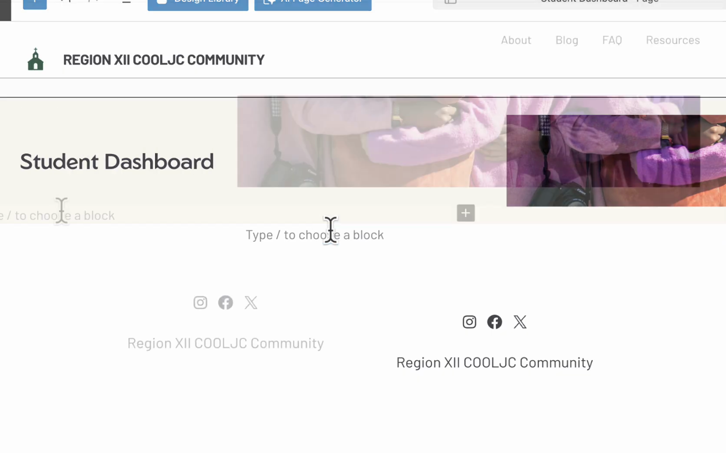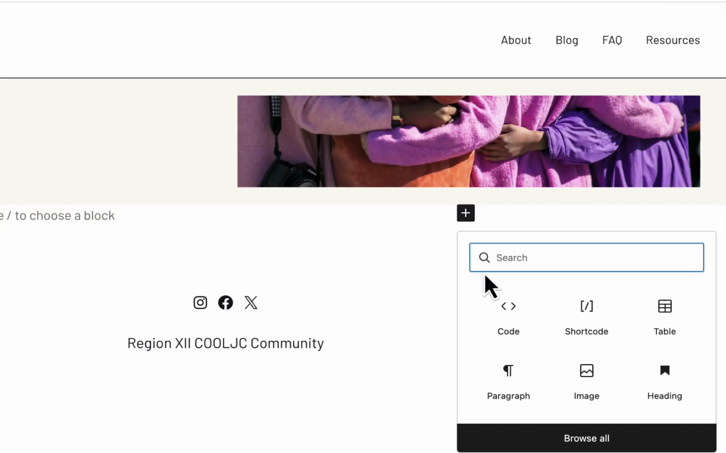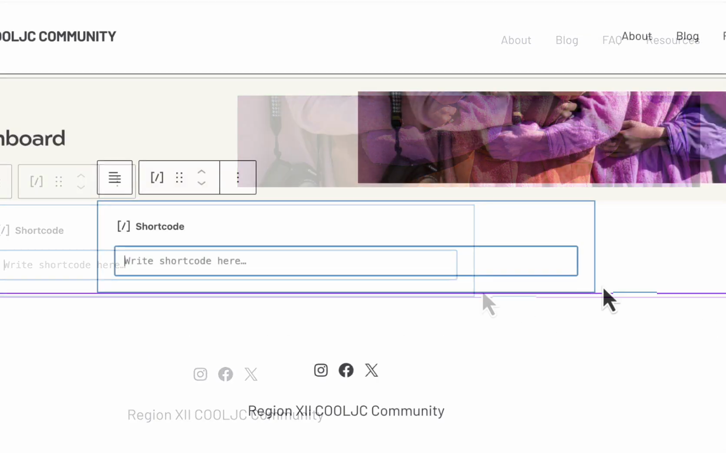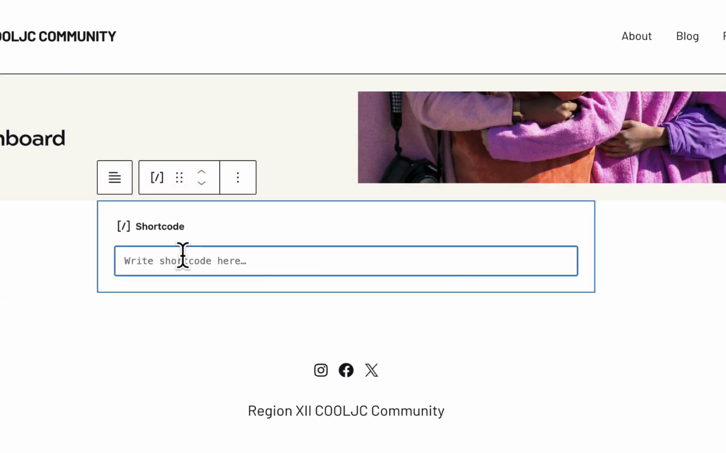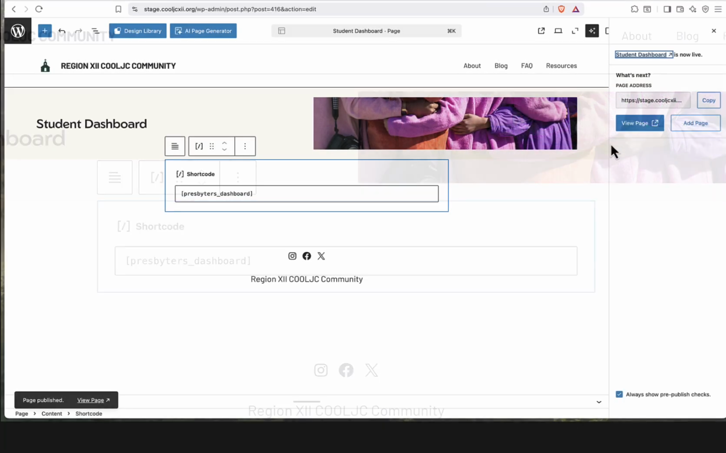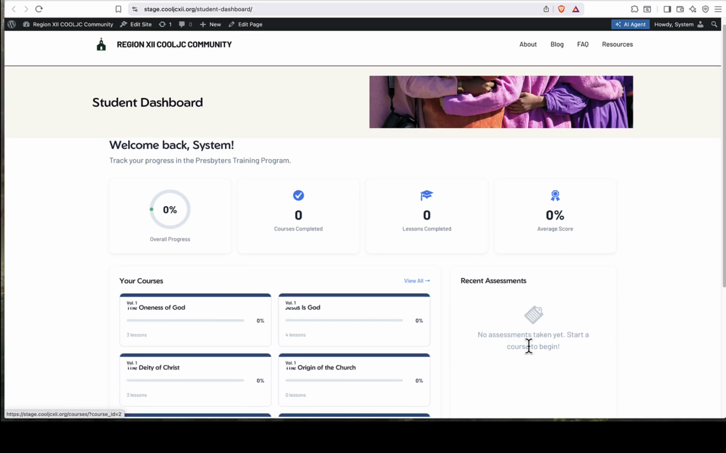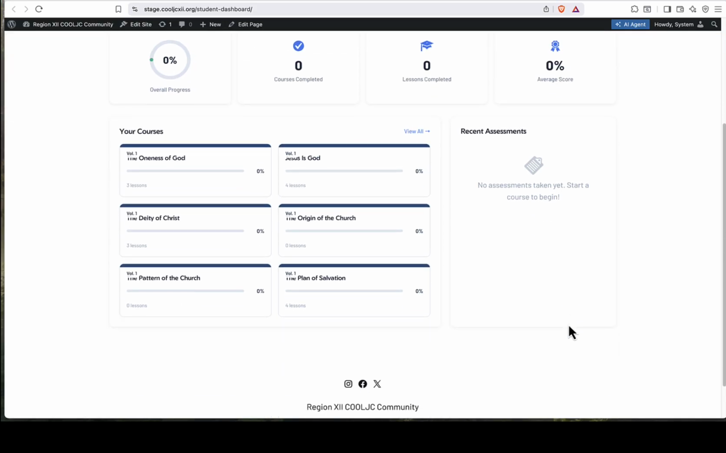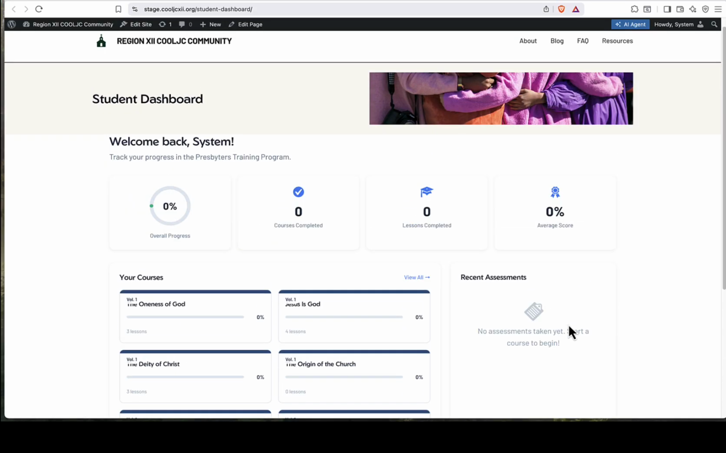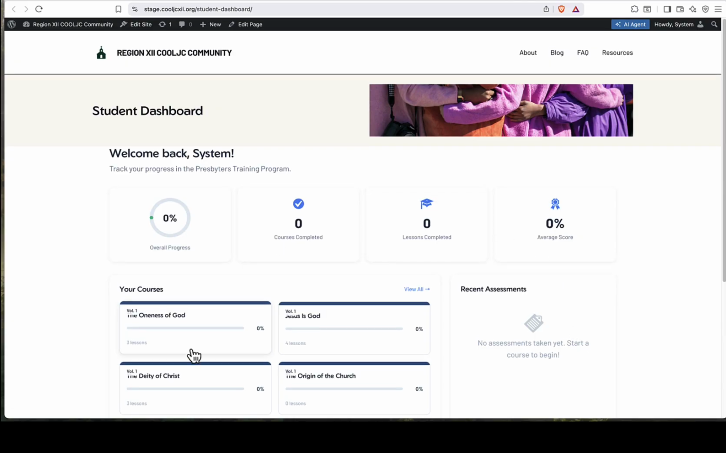And then we go here, we need a short code. There it is. And then we paste that in there. And then when we publish, we can go view the page, and there's the student's dashboard. Okay, so as they take classes, they will see them show up in here. All right, and we got one more page,